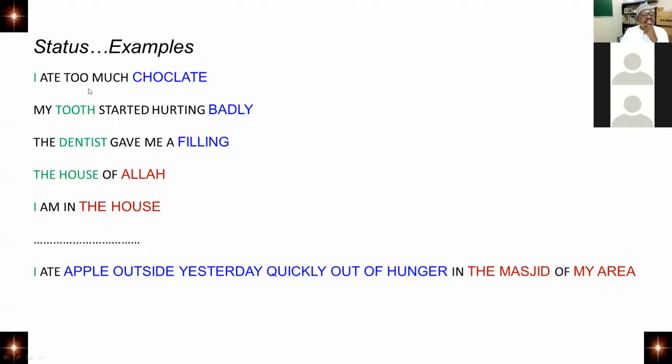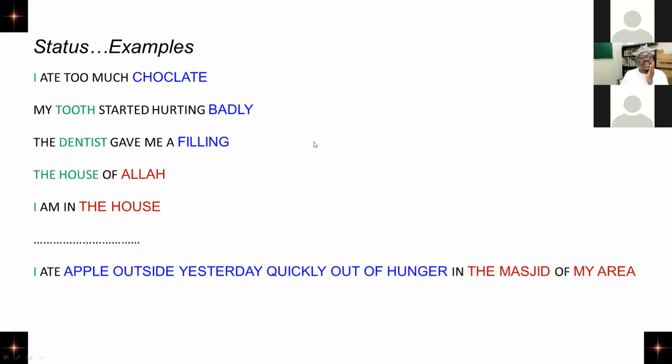So I ate too much chocolate. I ate too much chocolate. What are the isms in this statement? Can you tell me the isms in this statement? Type it in your